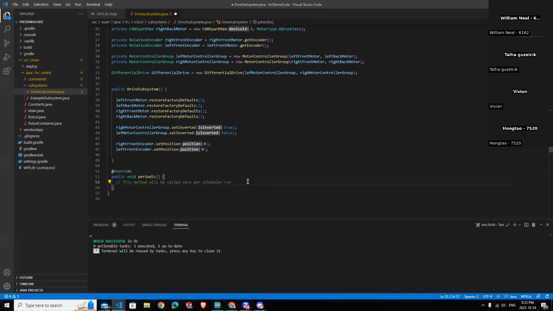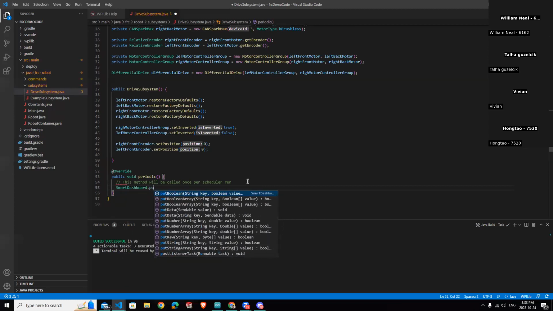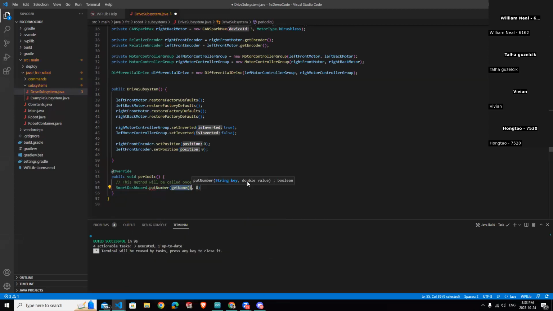So in your periodic, you can run things over and over again. So something that's good to put in your periodic is just system prints. So in this section here, I can put any values that I want to be put onto my dashboard. So I'll put the right encoder and the left encoder here. So I can just keep track of them as I'm driving around and make sure that they're at about the same level because you don't want them to be,